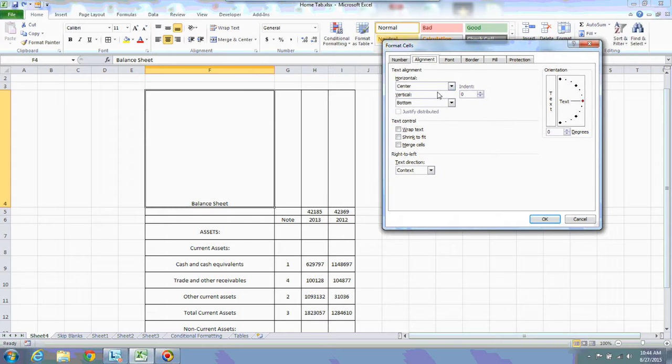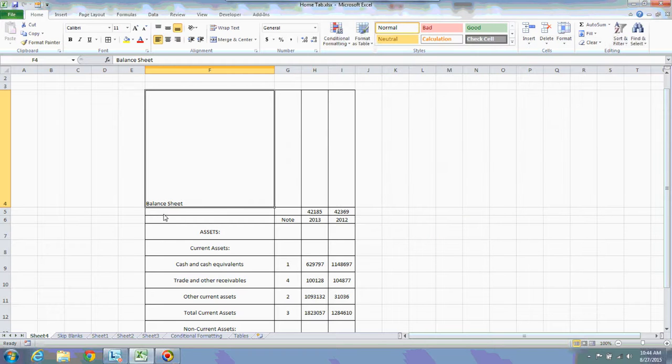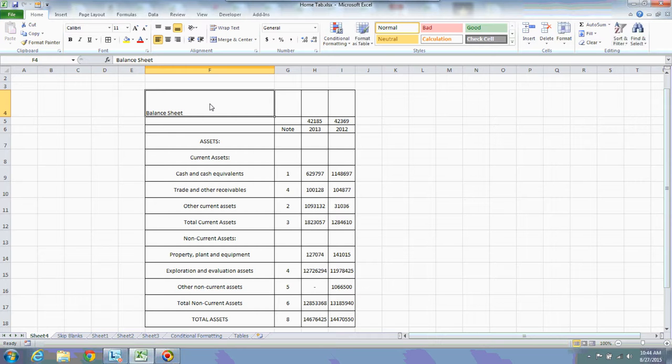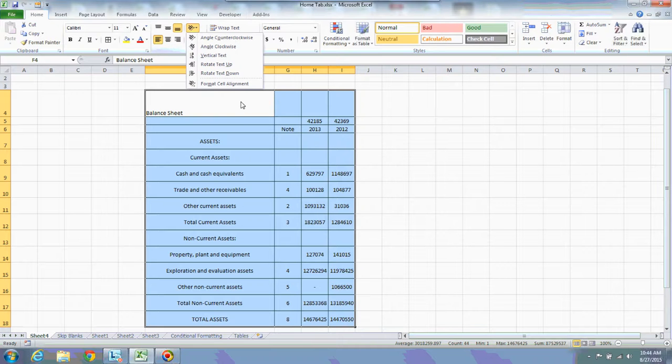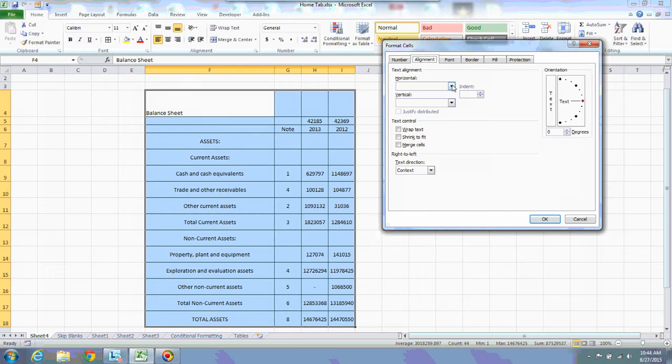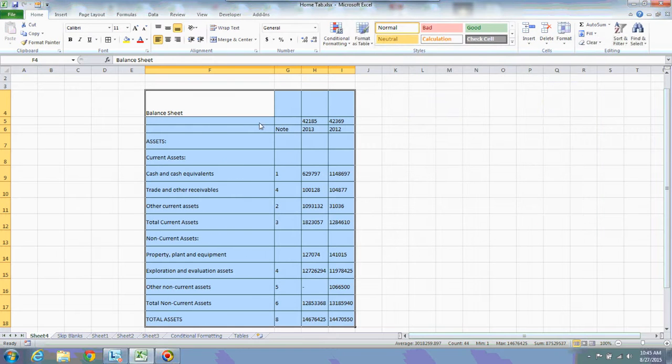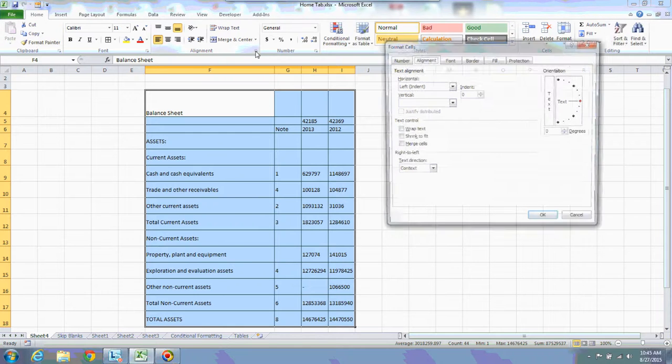Now this is called horizontal alignment. Now earlier we have observed what is the horizontal alignment and what is the vertical alignment. Horizontal alignment, this is centered. Now if I want to change this to left indent, if I want to change to left, then it will go to left. See, if you want to change the entire selection or entire table, you can also use this option to change the entire text to left. See, it has been changed.